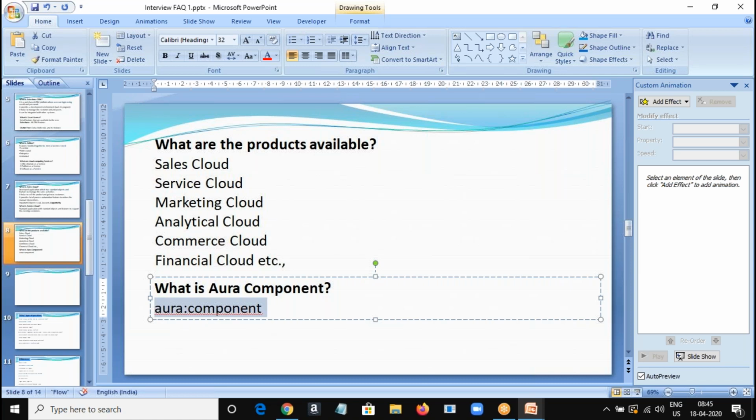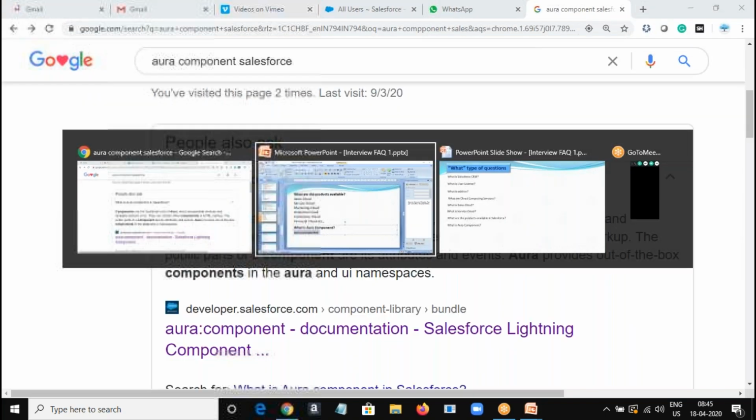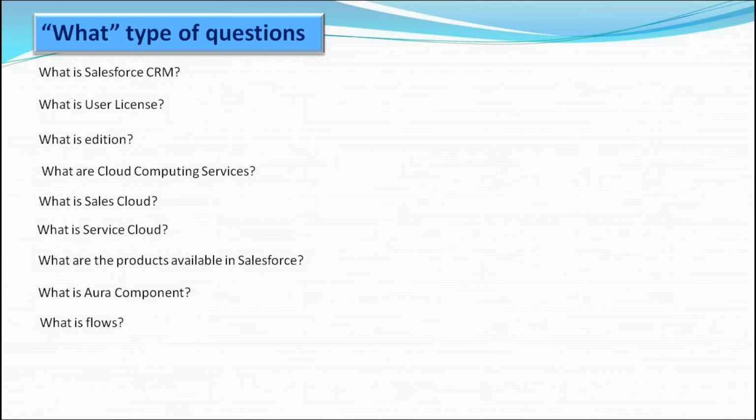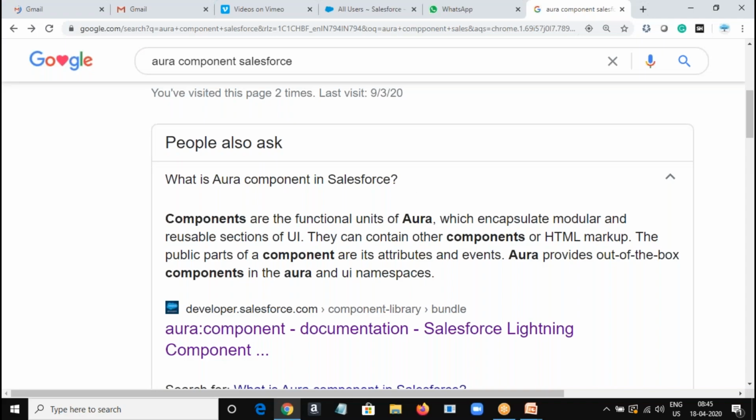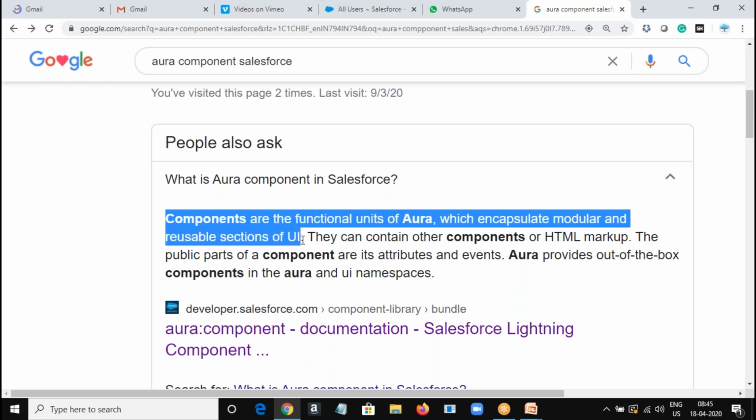You can implement the component in every lightning page when the particular interface is included. Aura application is different. Aura application is used to preview the component. So Aura component is a functional unit of Aura. Okay, so you can have this definition.